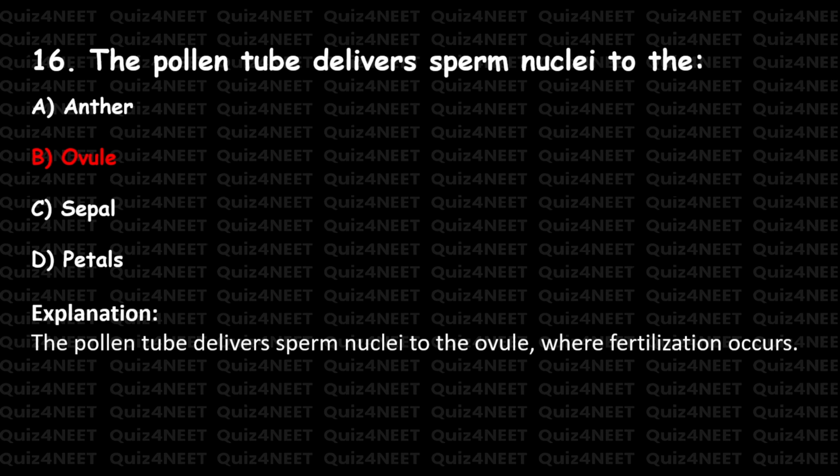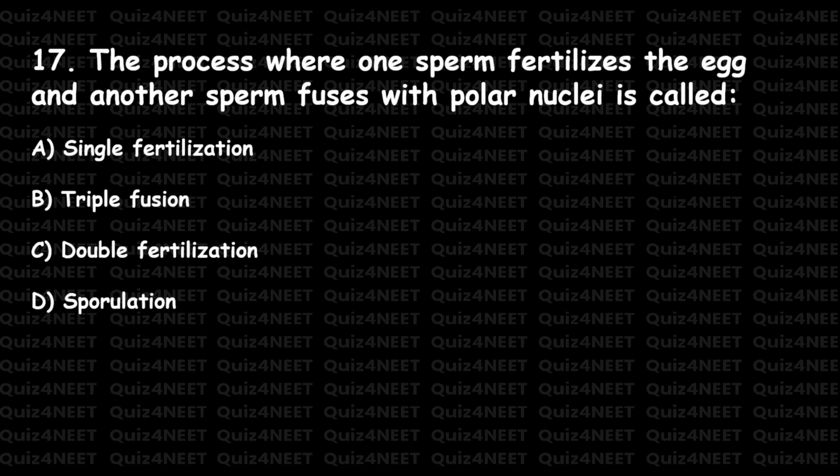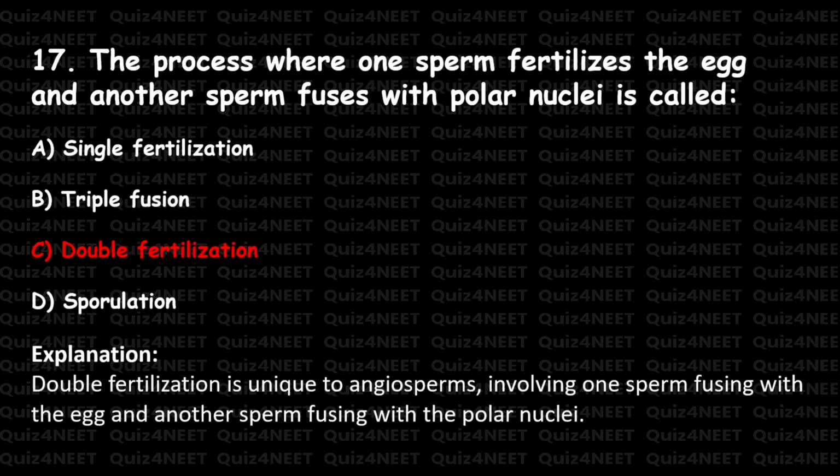Explanation. The pollen tube delivers sperm nuclei to the ovule, where fertilization occurs. The process where one sperm fertilizes the egg and another sperm fuses with polar nuclei is called A. single fertilization, B. triple fusion, C. double fertilization, D. sporulation. C. double fertilization. Double fertilization is unique to angiosperms, involving one sperm fusing with the egg and another sperm fusing with